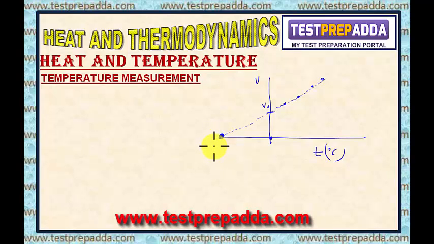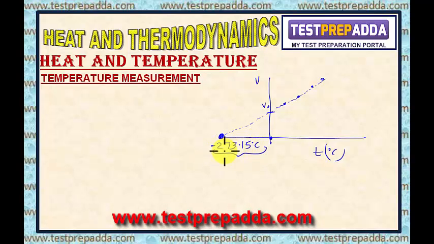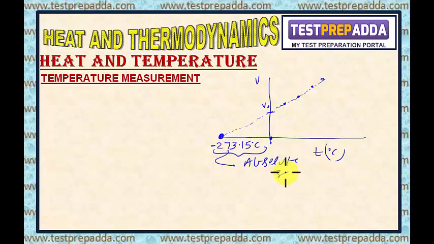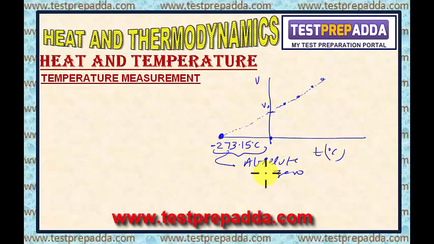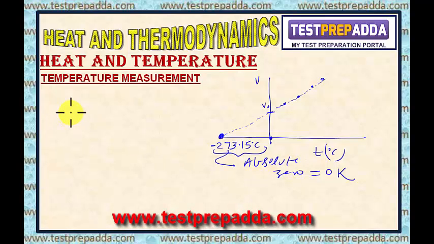And this value comes as minus 273.15 degrees Celsius, and this is designated as absolute zero. And this way the Kelvin scale came into picture, where we call this temperature 0 Kelvin. So if I compare the two scales, degree Celsius and Kelvin scale,